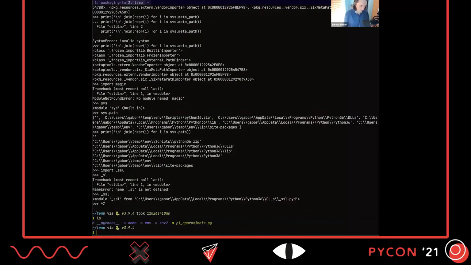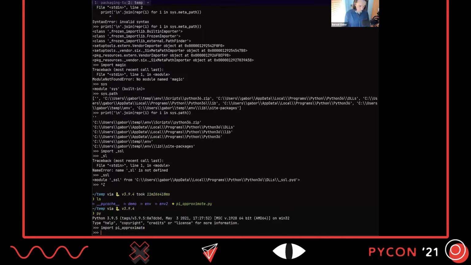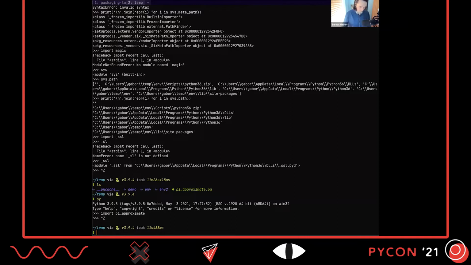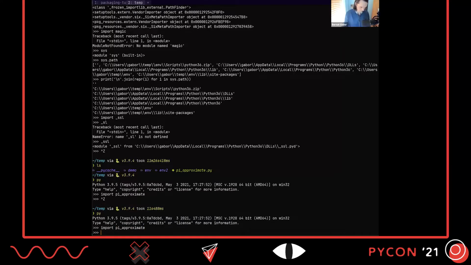And this is the reason why earlier, when I just started up a Python interpreter, this actually worked. Whenever you start a Python interpreter, it always adds the current working directory onto the path, and that's why it works. But if I go here and I do import pyproject, and this works now,